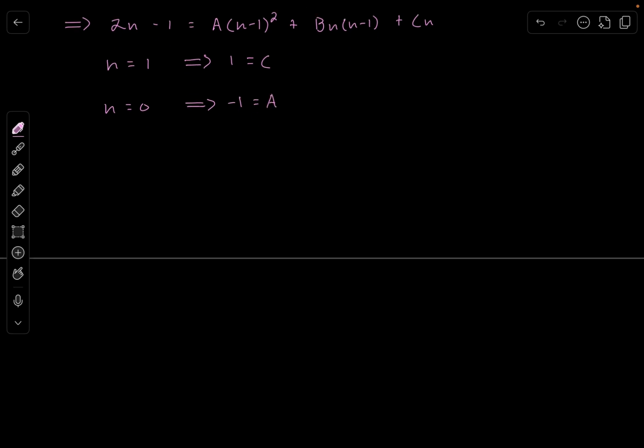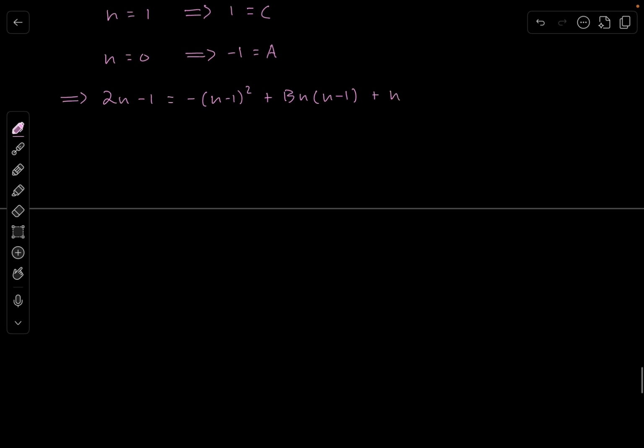And then you can just plug it back in. So now we have 2n minus 1 is equal to -n minus 1 squared plus b times n minus 1 plus n. Subtract n from both sides. We get